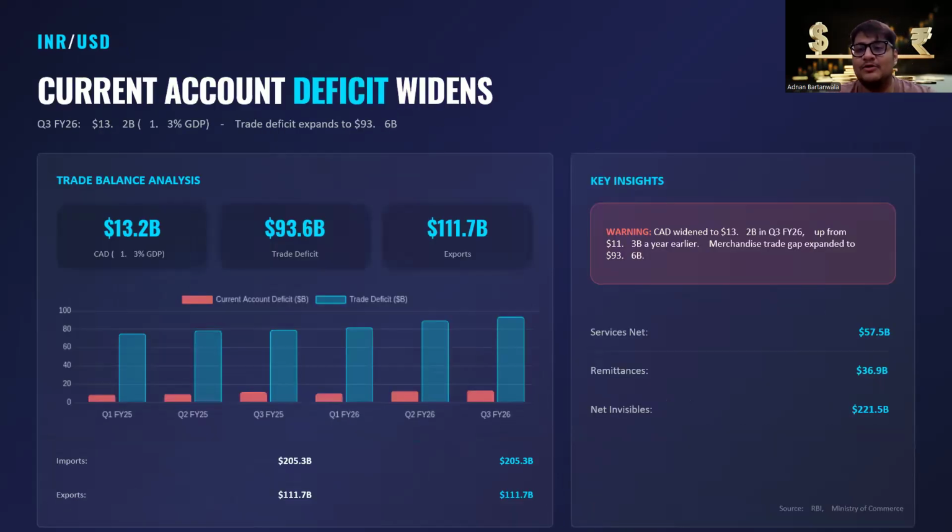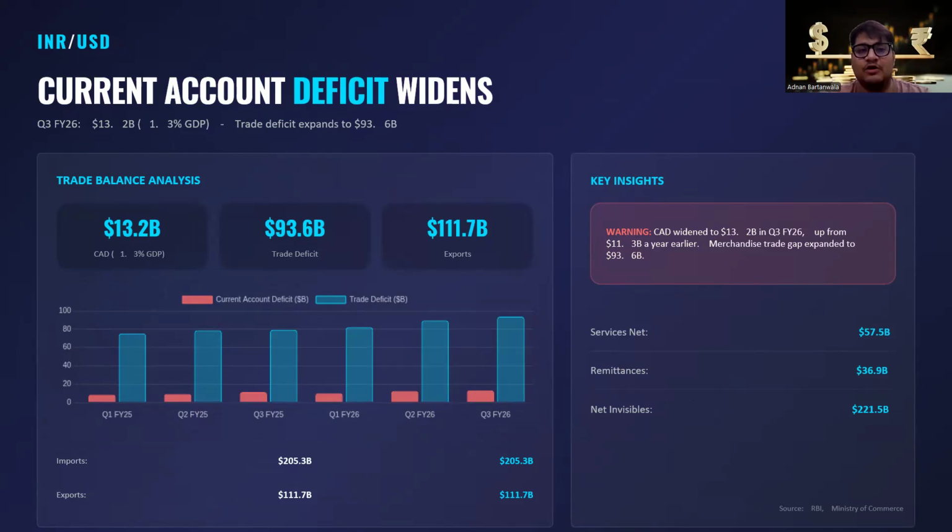Now I talked about current account deficit, something that controls the iPhone that you possess. It's a fancy term, and a lot of you would have heard about it. So it just means India spends more dollars abroad than it earns. To keep it very simple,